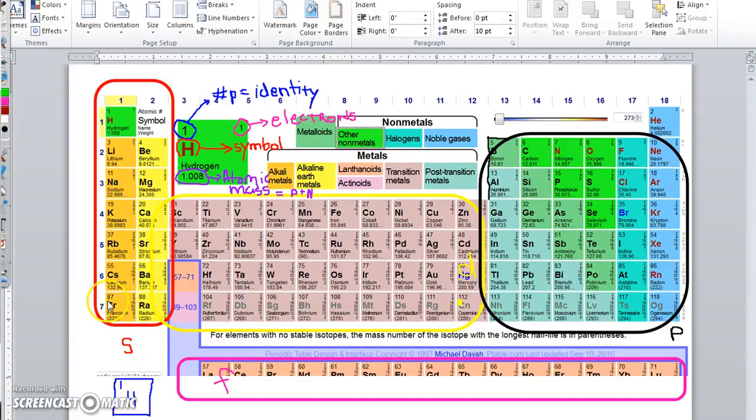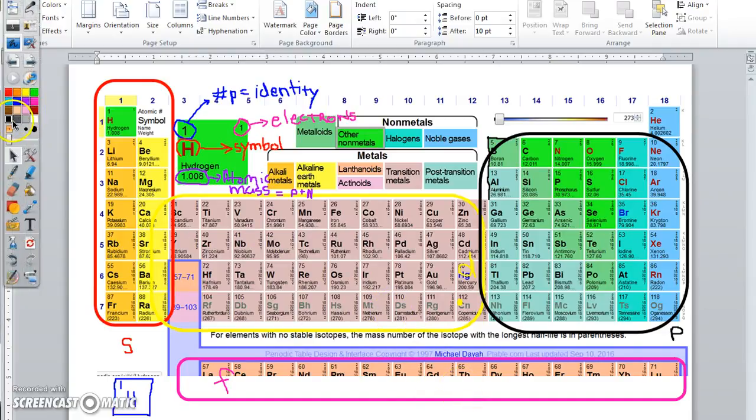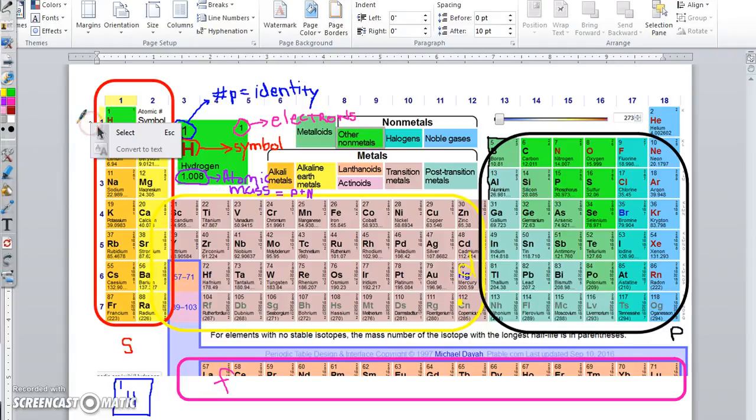Okay, they have s-shaped orbitals. These have the d-shaped orbitals, p-shaped orbitals, and f-shaped orbitals. Okay, the last thing, or one of the last things I want to show you, and I'm just going to stay in black. I'm going to get my pen function in black. I want to point out right here that we have